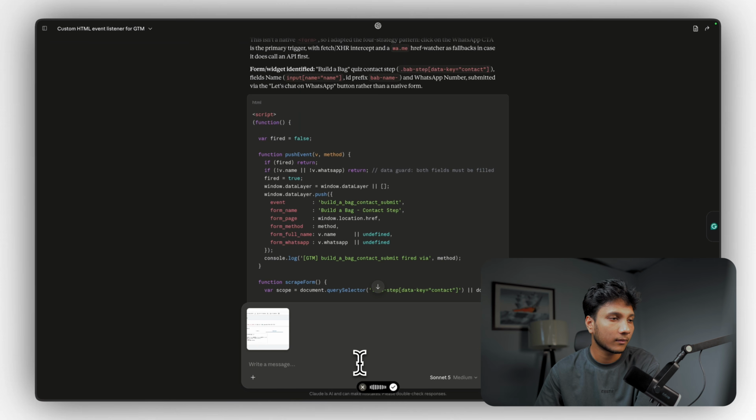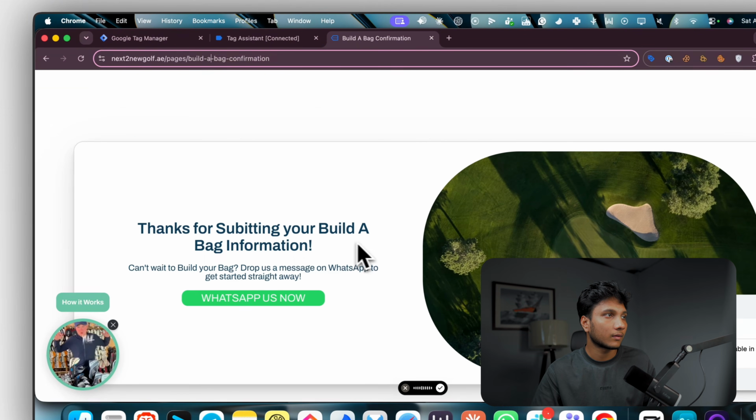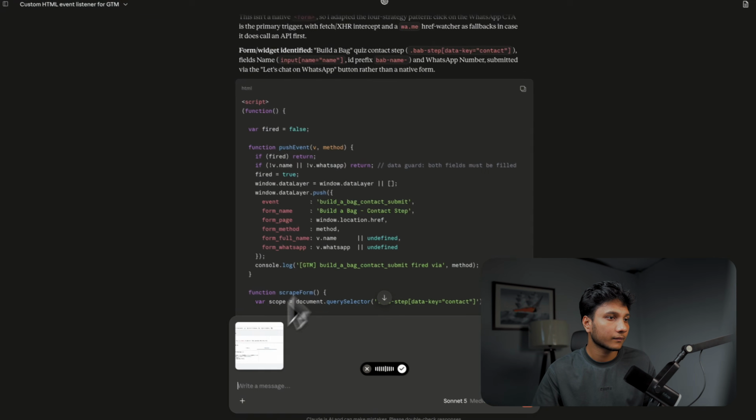The reason I need that is because I already have the data layer event in here. So the data layer event is already here. All I actually need is custom JavaScript code, so I can capture the user's WhatsApp number, the phone number, and for this, where is this called? This was for